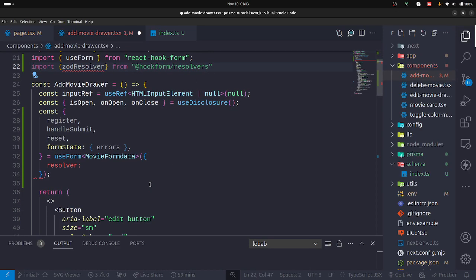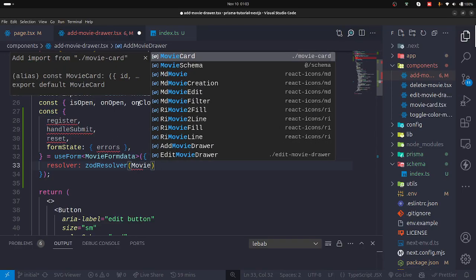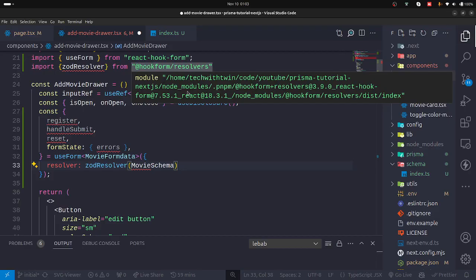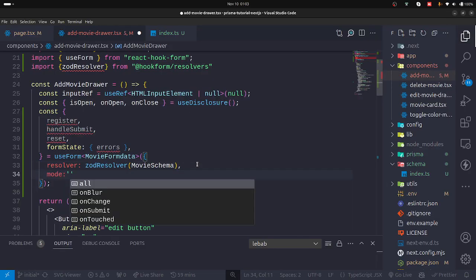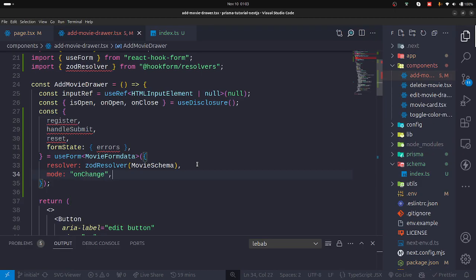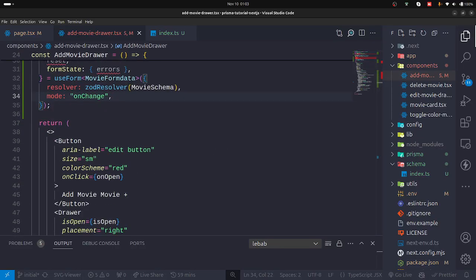So we are passing options for React Hook Form for the resolver, then we pass it the schema. So the resolver, the schema to resolve to, and then the mode, which is when do you want the validation to kick in. The validation should kick in when the input form changes. Okay. Yes, so next up is